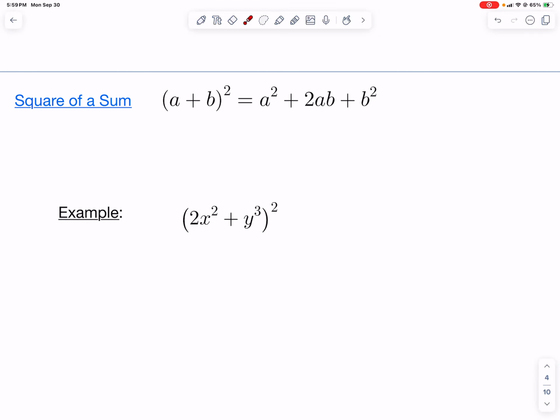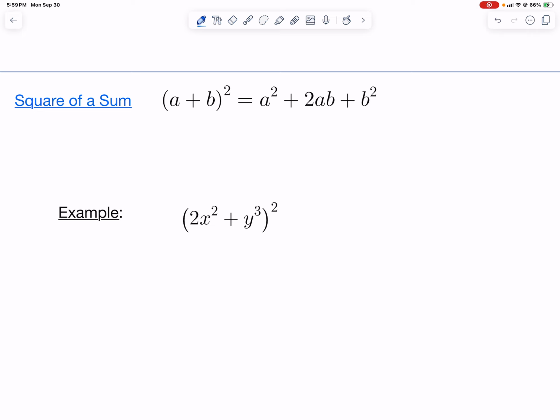Okay, so the second identity is the square of a sum. Here's a sum, a plus b, and if you square that quantity, you're going to get a squared plus 2ab plus b squared. So if we're going to multiply this out, 2x squared plus y cubed, squared, we're going to get